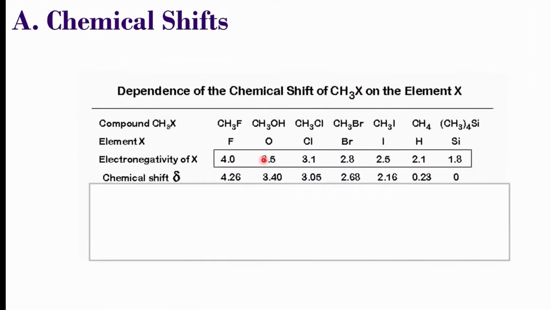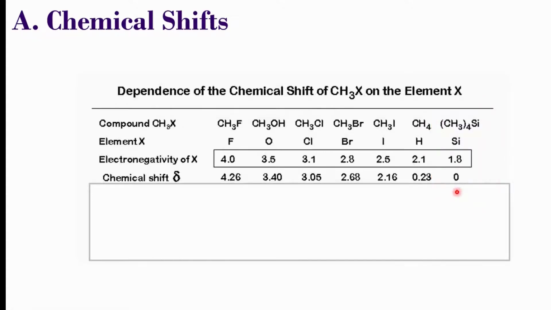Let's see what happens to the chemical shift of a proton when it's attached to atoms of increasing electronegativities. The representative compound, that's the methyl X, where X is a different element or a different group of elements, highlights this effect. We can see the elements X underneath with their corresponding electronegativity values and the effect this has on their chemical shift. Remember, TMS is an internal reference and all other proton signals are in relation to this 0